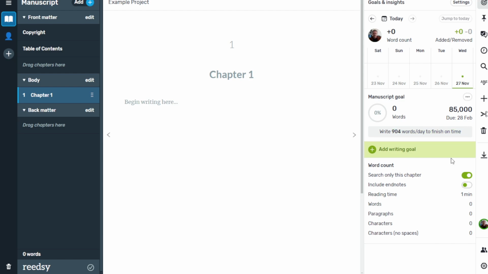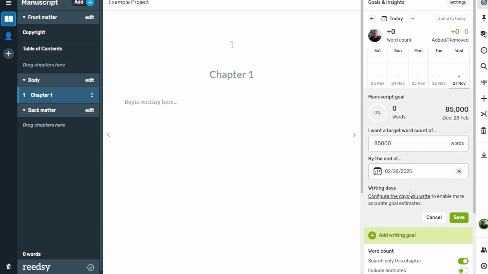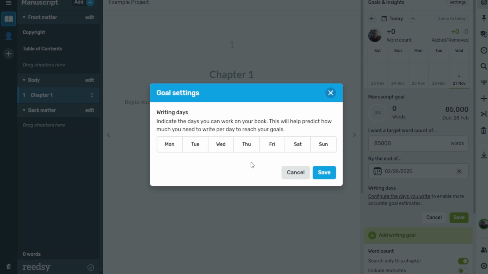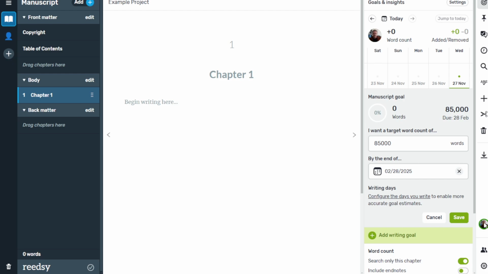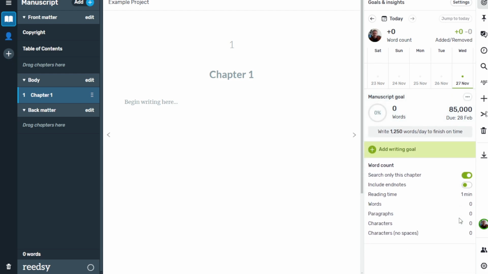Let's say that you plan on writing on specific days. So we hit our 3 buttons here, go to edit, go to configure the days that you write. And from here, I'm going to write Monday, Tuesday, Wednesday, Thursday, and Friday. Save. Hit save again. And now it's going to adjust it. Now I have to write 1,250 words per day to finish on time, which is pretty close to what I have time for. Normally I can average anywhere from 2,000 to 2,500 words per day, depending on what kind of